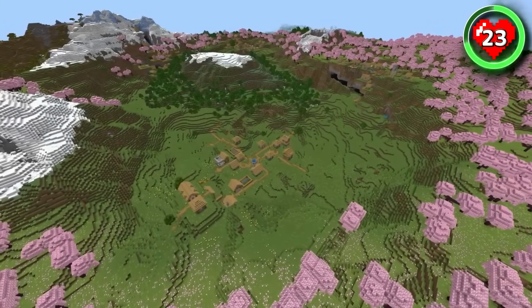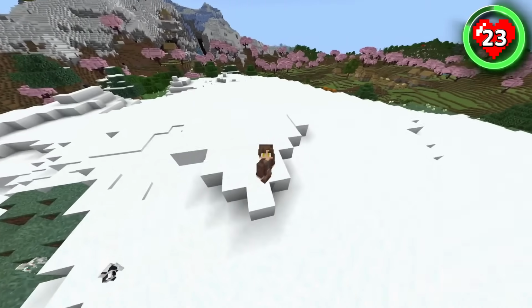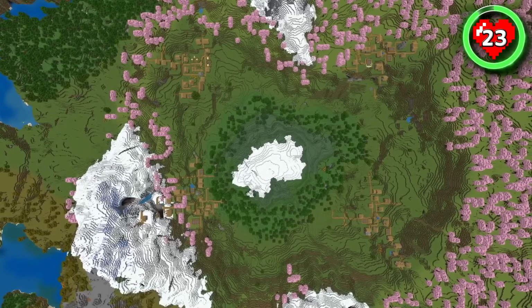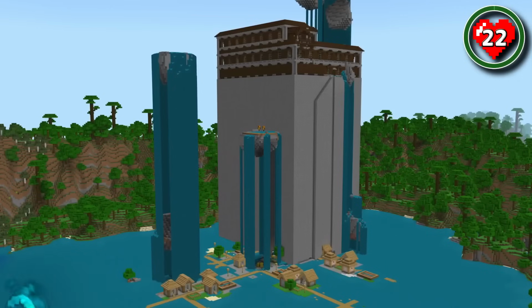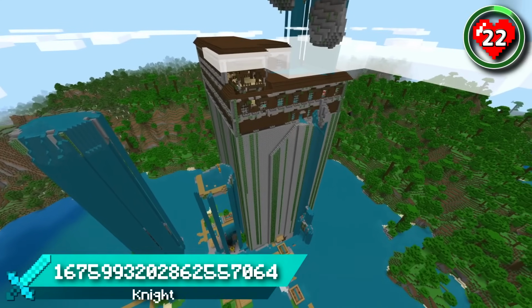From snow to flowers, villages, and cherry blossom, this seed offers so much potential. Connect the 4 villages with custom paths, and then build a castle or a church in the center to create one big, beautiful city. This seed might have the craziest mansion I've ever seen, because not only is it absolutely